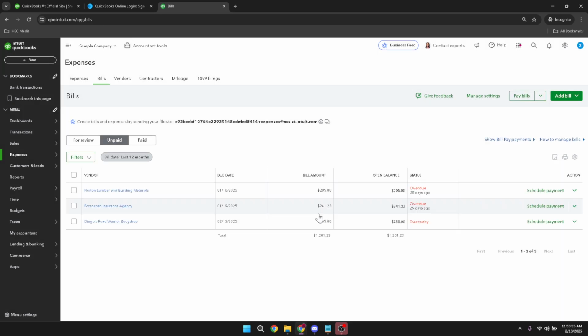Keeping your billing information up to date in QuickBooks helps maintain accurate financial reporting and can save you time during reconciliation. Remember, if you ever delete a bill by mistake, QuickBooks does not offer an undo feature for this action, so always proceed with